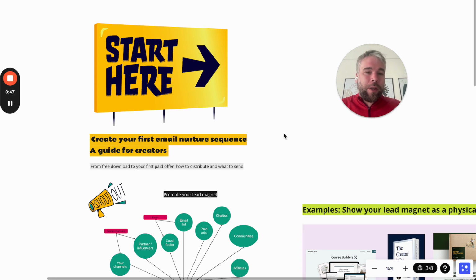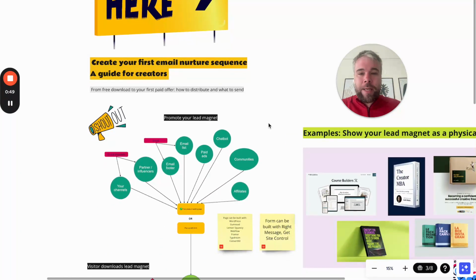The first thing we're going to look at here is the distribution or promotion of your lead magnet. There's no point in creating a lead magnet without actually promoting it. Many people say you should spend the same amount of time promoting or distributing as creating. So if it took you a week to create the lead magnet, you want to spend at least a week